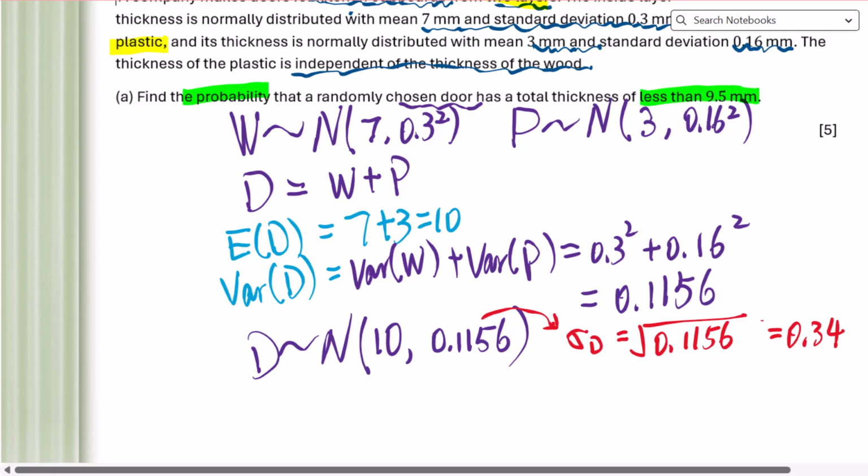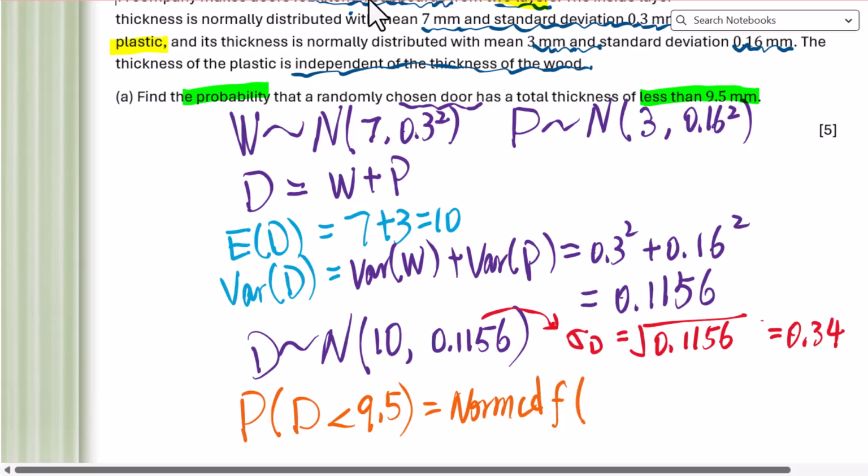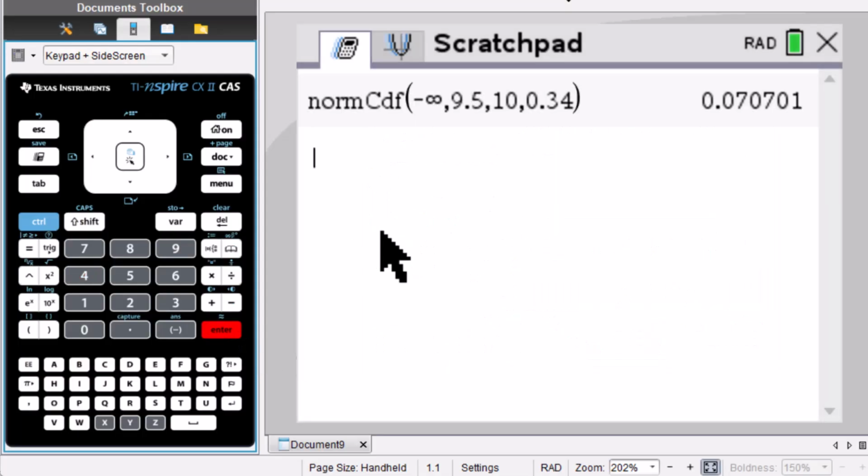9.5 millimeters. So probability of D less than 9.5 equals norm CDF from negative infinity to 9.5. Mean is 10, standard deviation is 0.34. Let's go to calculator. Enter. Answer is